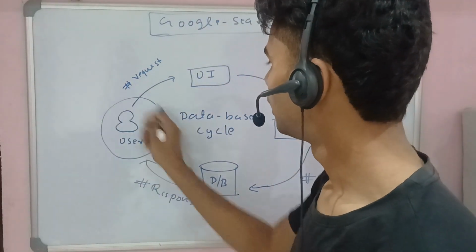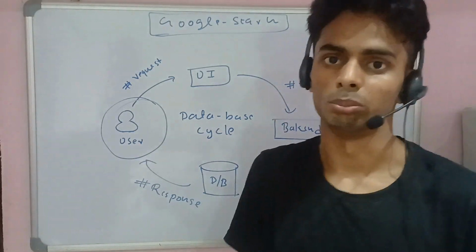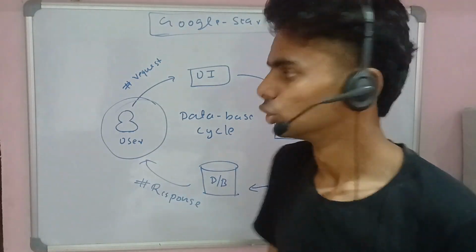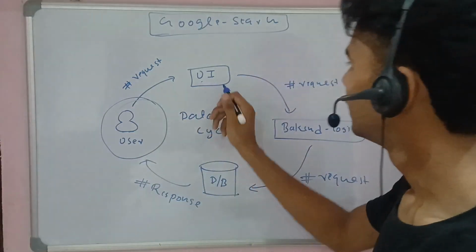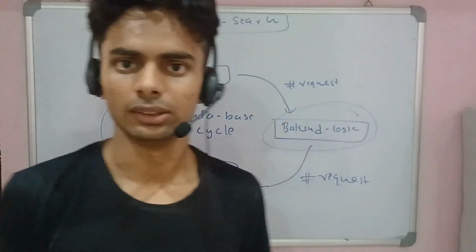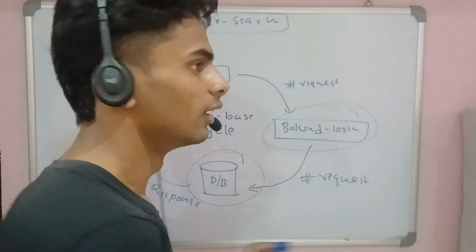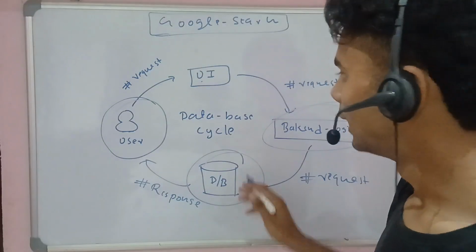Initially, a user requests Google from anywhere to fetch the information on Elon Musk. Let's suppose they want the Wikipedia information of Elon Musk. The request goes to the UI, and the UI requests the backend logic. The backend logic requests the databases to find the information. They find related information according to it, and just give a response to the